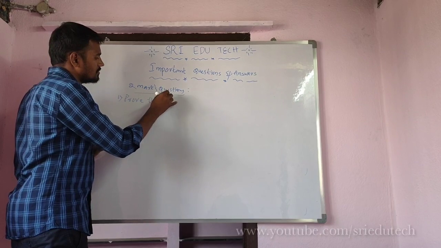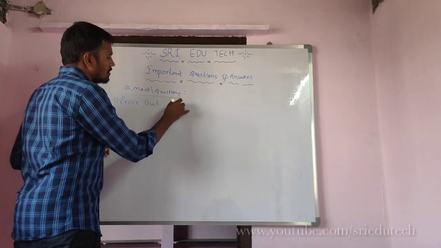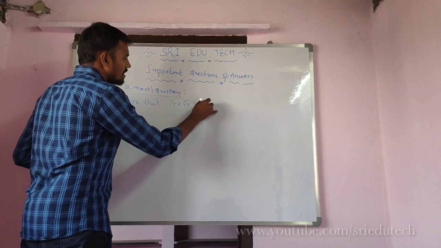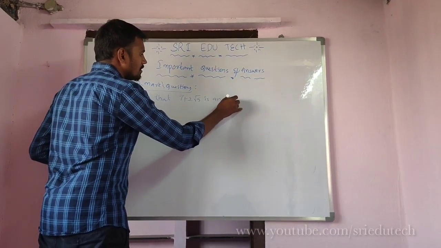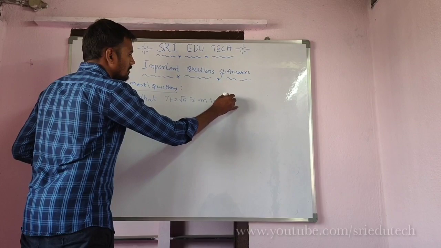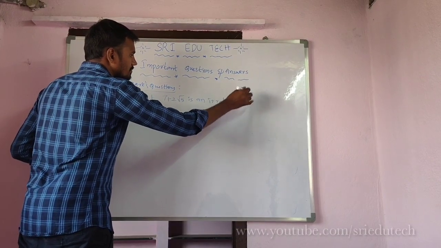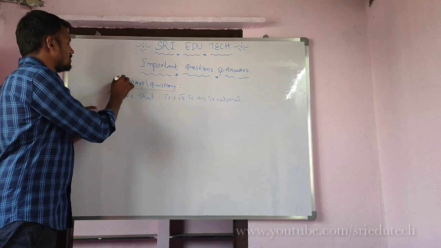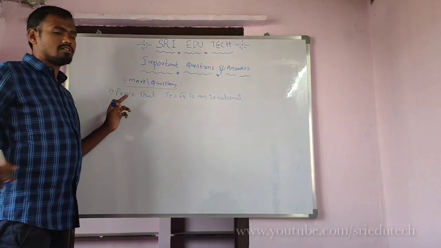Prove that 7 plus 2 root 5 is irrational. This is very important for 4 marks questions. Okay? See,